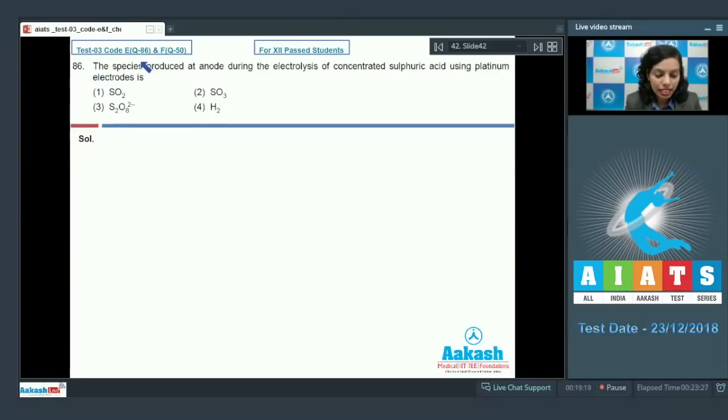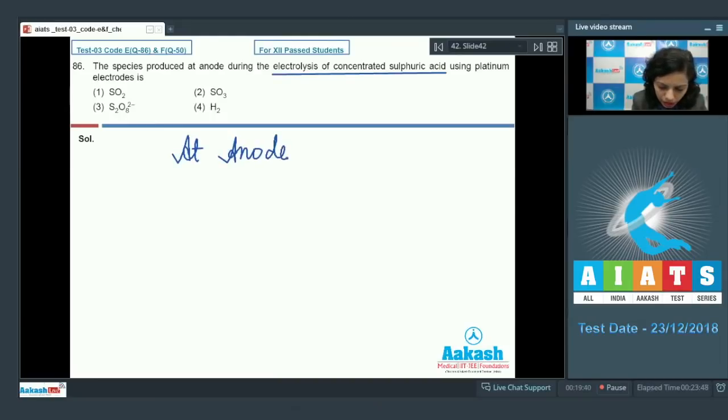Question number 86. The species produced at anode during the electrolysis of concentrated sulfuric acid using platinum electrodes. We are using inert electrodes here, and we are doing the process of electrolysis of concentrated sulfuric acid. So if we talk about the anode,